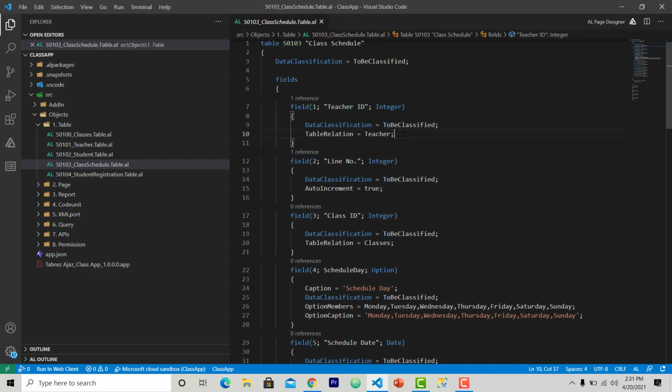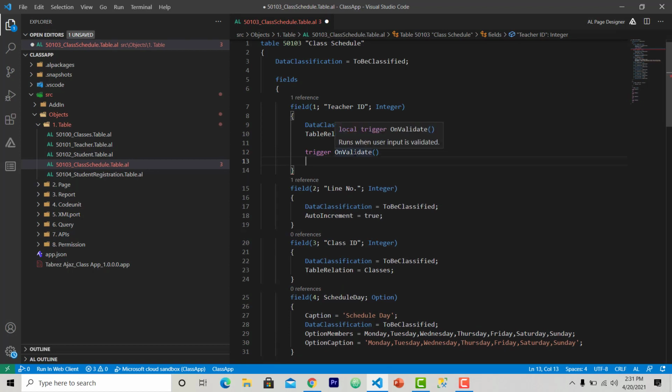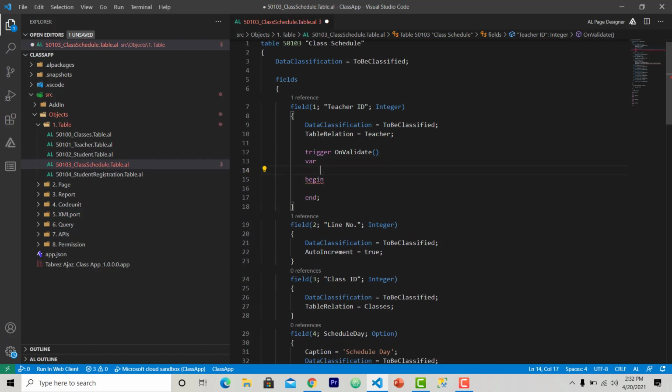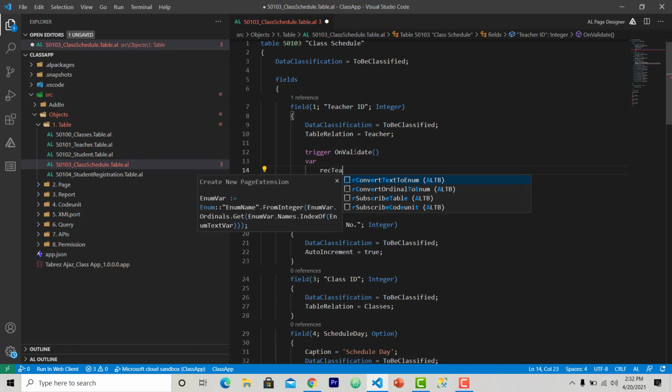So I will write on validate trigger. Whenever input is validating, at that time this trigger will run and will set the teacher name for us. So I will use var scope begin and end. Then here I will declare my table variable. So my table is teacher,